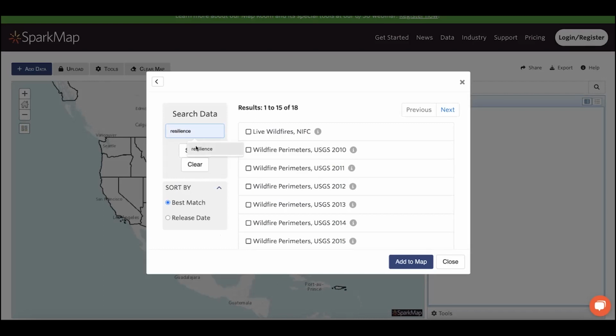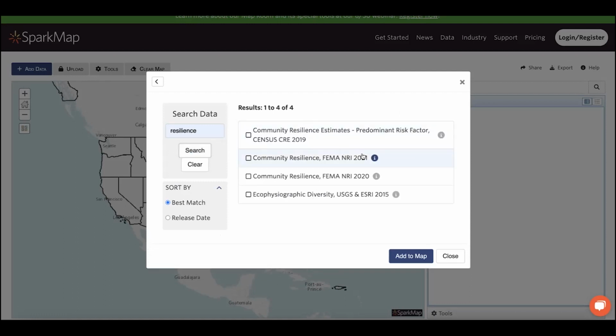So if I search for resilience here, our community resilience layer from FEMA tells us how resilient each county is from very high to very low based on its ability to prepare for, adapt to, and withstand and recover from natural hazards.